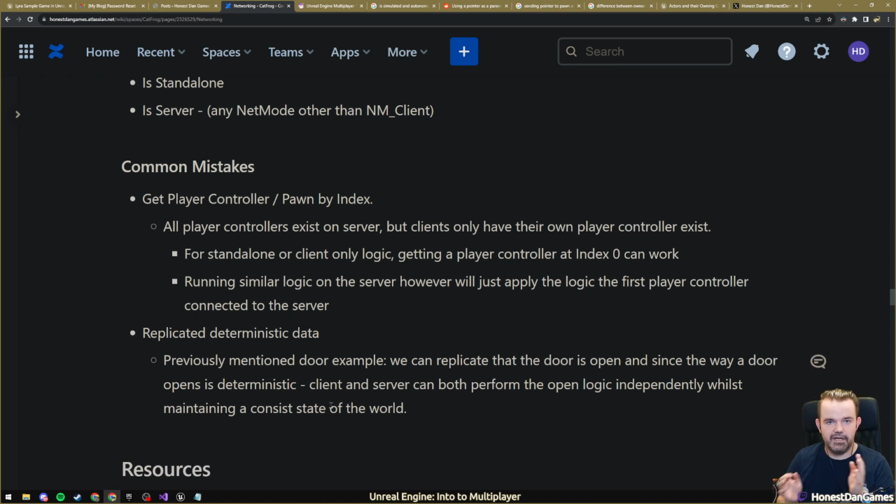So yeah, hopefully this has been useful as an insight into kind of a lot of the mechanisms around the Unreal flavor of networking. There will be a second part to this where I go through a tutorial in the editor where I build up an example and we get to learn about it that way. But yeah,